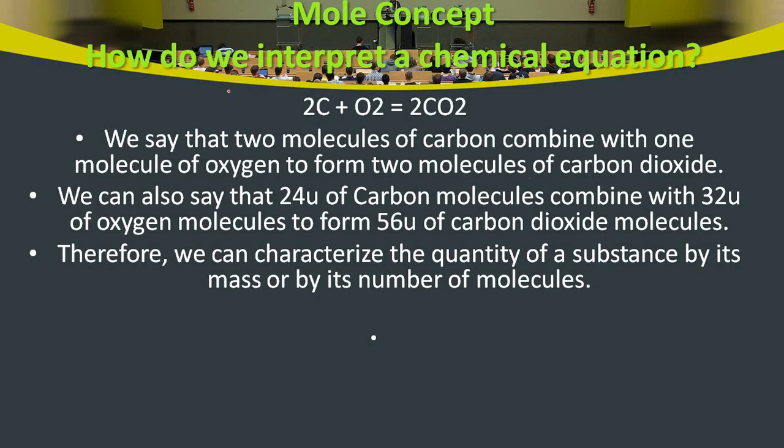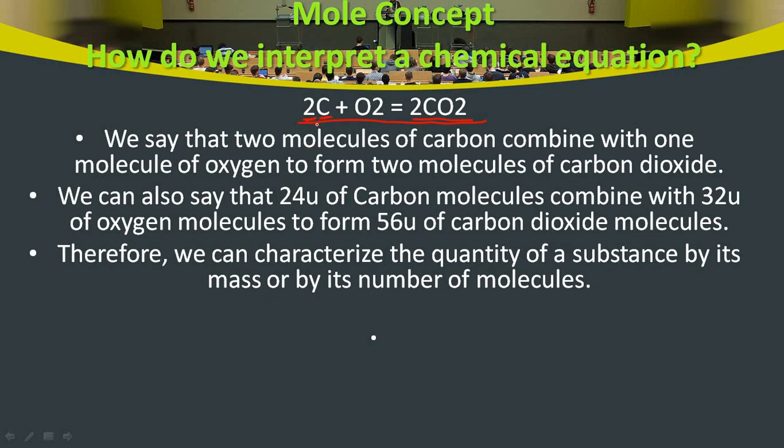For example, I have written one equation: carbon plus oxygen give rise to carbon dioxide. Before carbon it is written 2, means 2 mole of carbon react with 1 mole of oxygen to form 2 mole of carbon dioxide. This is one way. Another way, you know the carbon atomic mass is 12, so 12 into 2 is 24,